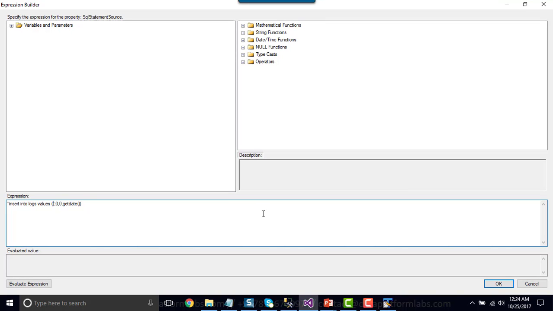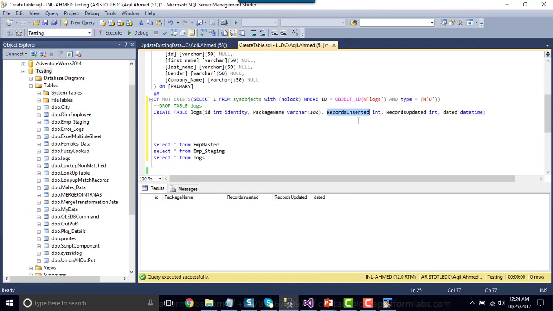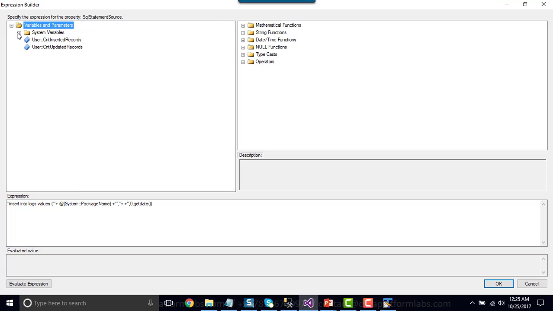Under the first option we need to give the name of the SSIS package. So there is a system variable package name. We can use that variable here, and then for the first 0 it should be records inserted. Okay, so let me replace the value of 0 with the SSIS variable CNT inserted records, and we need to convert it to string